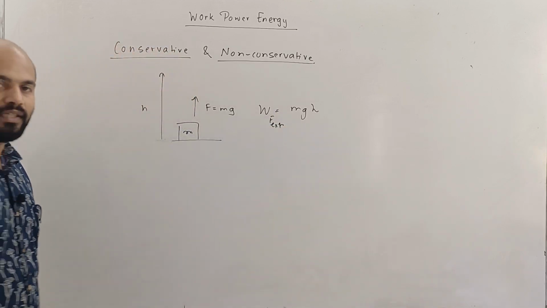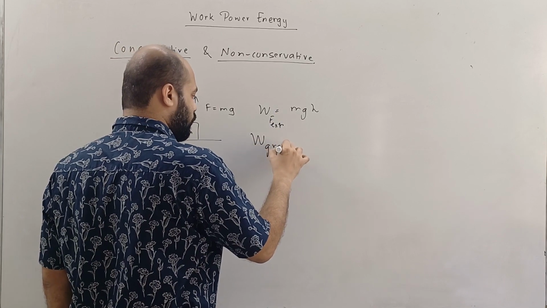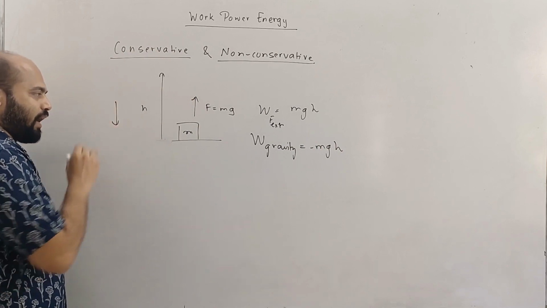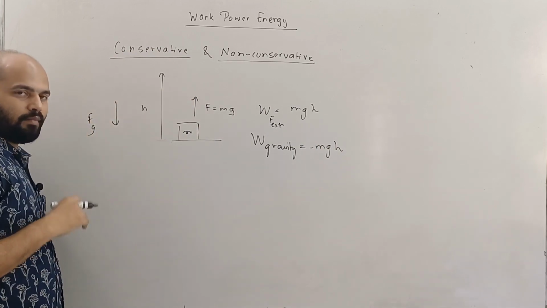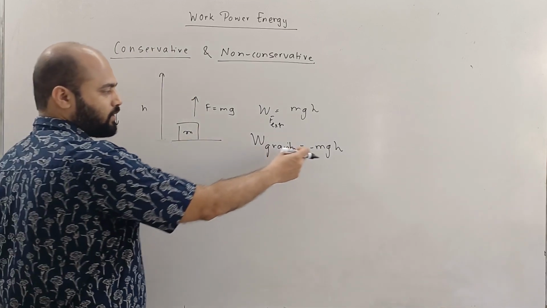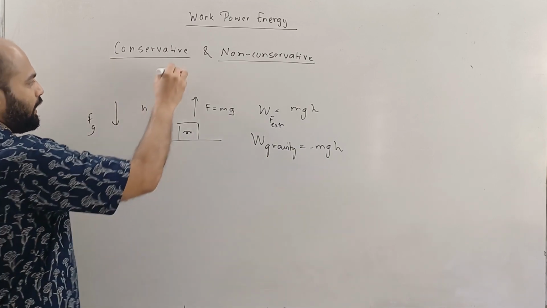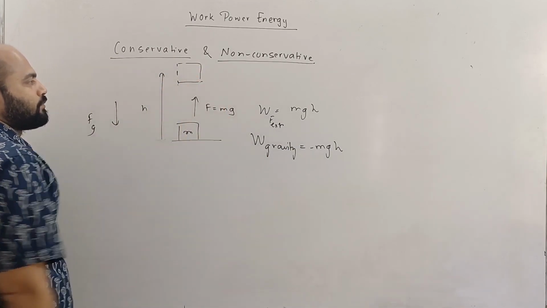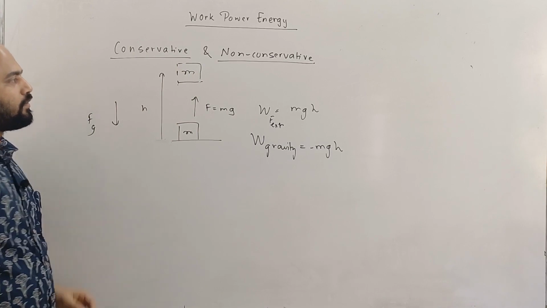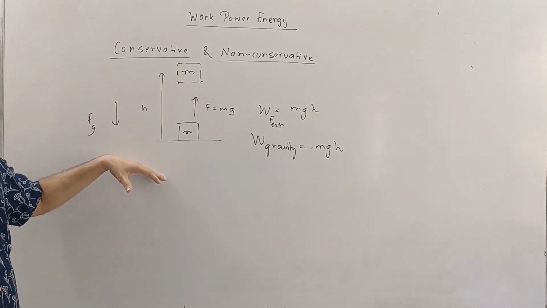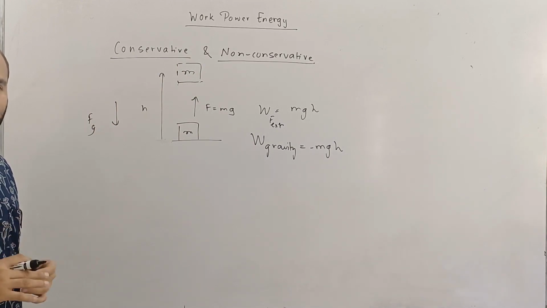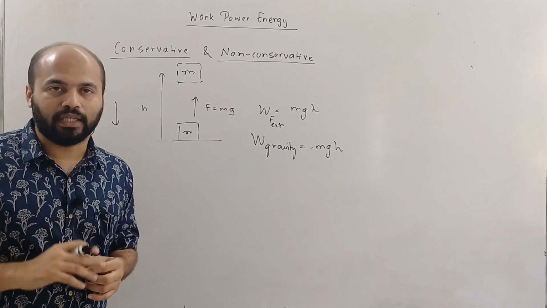But work done by gravity in this, as was told to you, is minus mgh. Simply because the force of gravity, Fg we can call it, is the same as mg and it is acting in the downward direction. The force and displacement are in opposite directions, so work done is negative. Now let us say this has reached over here. That means this is the position of the particle now, and now it comes down. So this mass is dropped. If this mass is dropped, it will solely fall due to gravity. That means the only force acting at that point of time is gravity.